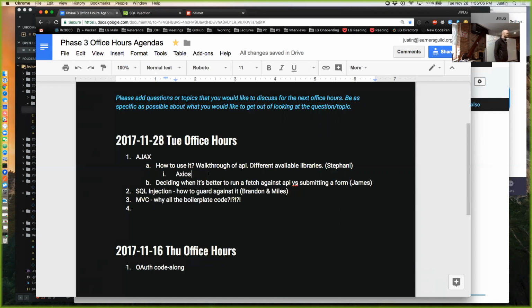From a performance perspective, is it better to use, for example, the window method fetch as opposed to using jQuery's AJAX method? I don't know what the performance implications are of the different libraries. The main thing that I would be thinking about with the different libraries is what's the browser support for these different libraries. So when we're talking about different AJAX libraries,